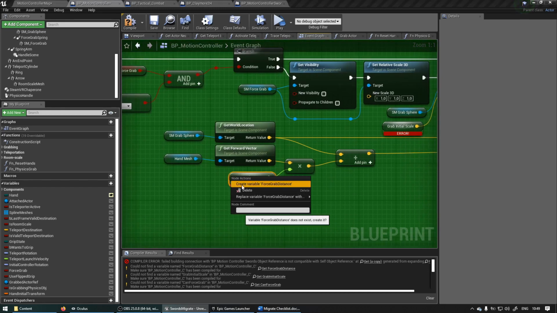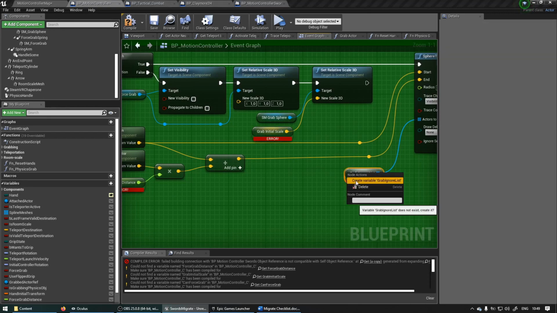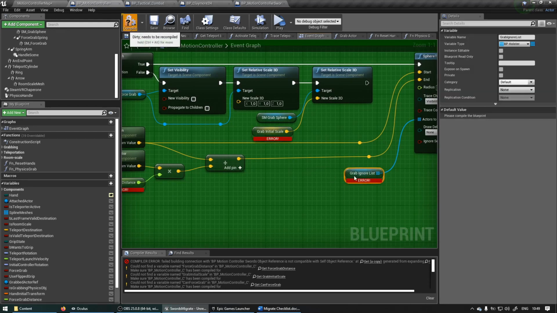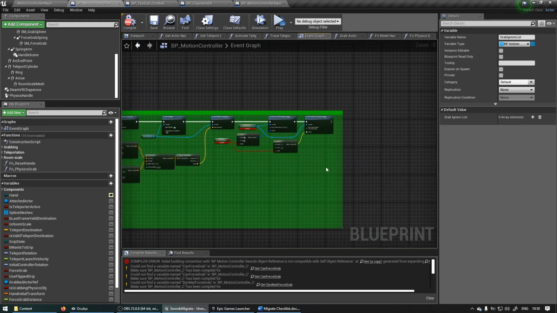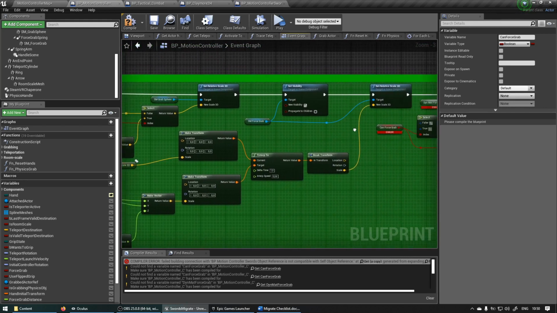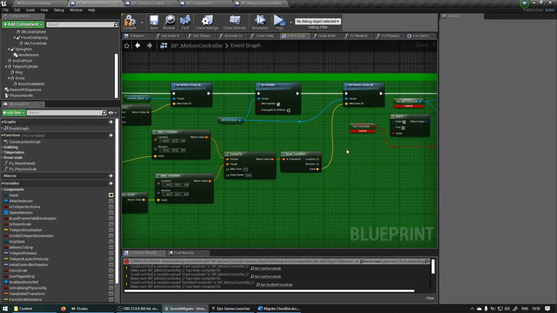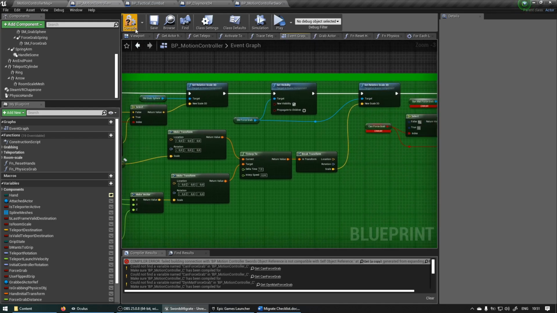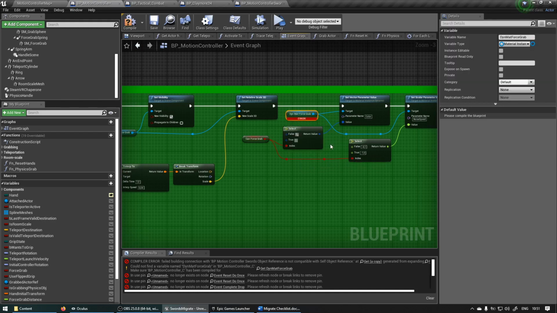Okay, so now we need to fix all these unknown variables again, which is quite easy. You can just right click them again, create variable, right click, create variable, right click, create variable. Let's just compile so that those are fixed. Cool, and then we can just go through the rest of them as well. Right click, create variable, right click. Cool, there you can see we don't have a create variable option. That's because we already created it earlier now. If we just hit compile, there we go. Right click, create variable,